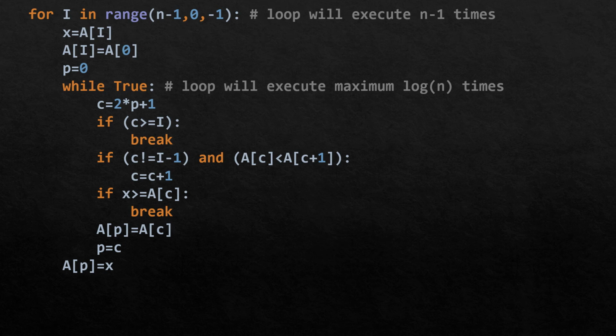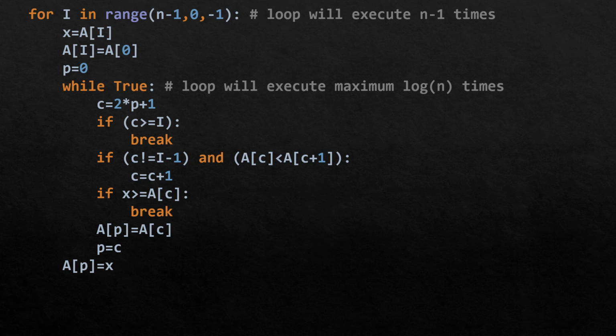So from this, we can see that C is equal to 2P plus 1. Every time the value of C gets increased by 1 after doing this operation. So if the initial value of P is 0, then 2 into 0 plus 1 is 1. That's the first value of C. If C is 1, then within that if condition, C becomes C plus 1. That means C will be 2. So the next value for C will be 2 into 2 plus 1, that is 5.